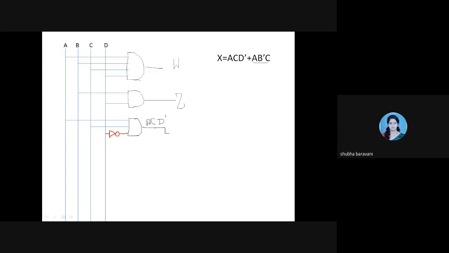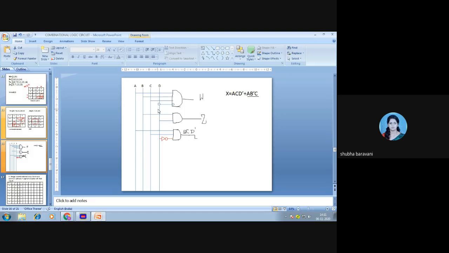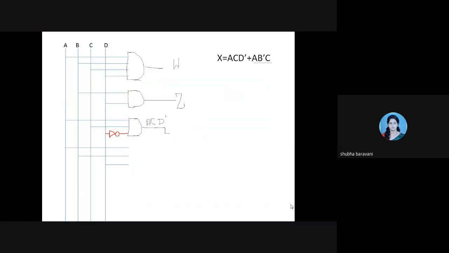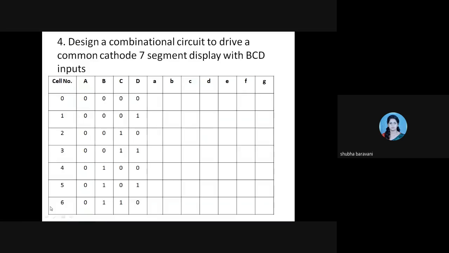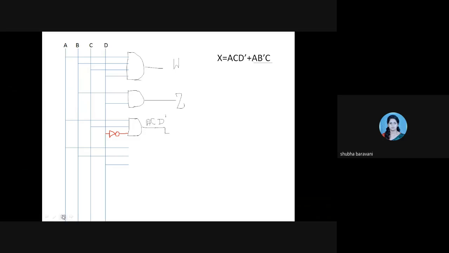Now I want to implement A B bar C. So A I'll take. See, it is not A B bar C, it is A B bar.